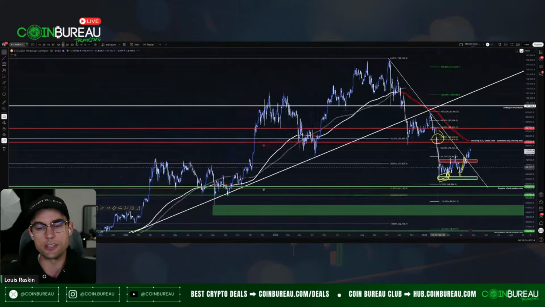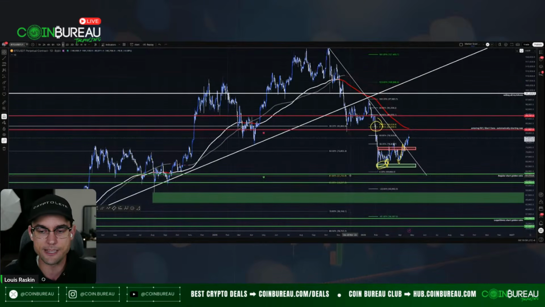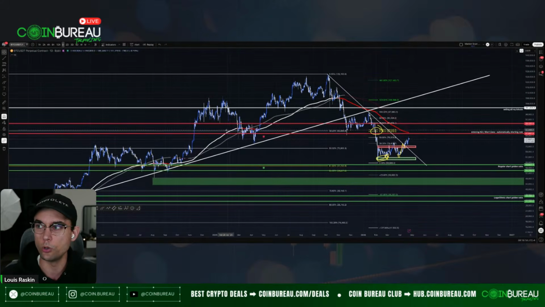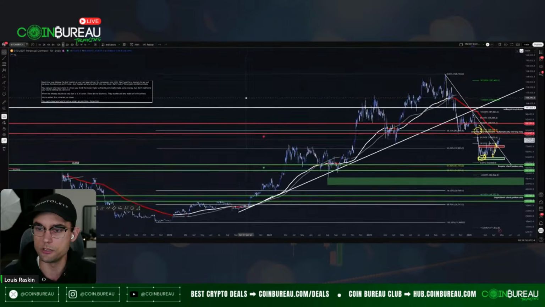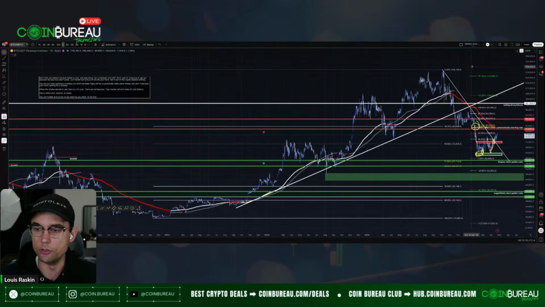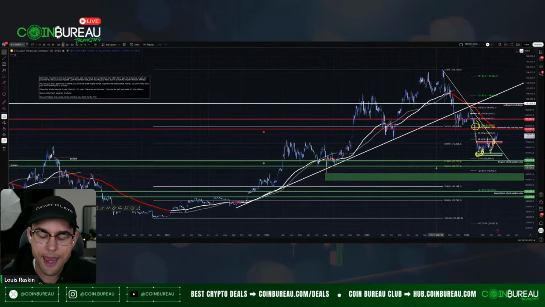But you can see on my chart here, I'm thinking 58,000. That's the 61.8 golden ratio of this entire move, let me make it a little bit bigger so you can see it better, of this entire move, right? So I like that. I like 58,000 as a potential bottom.